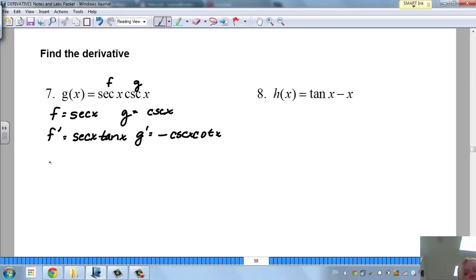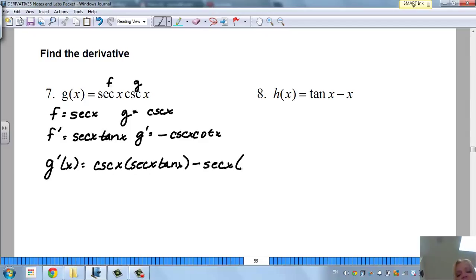And let's put it in here. So I have g prime of x is going to be f prime g. So you actually have this weird looking thing here, cosecant x times secant x tan x plus fg prime, which really is negative, so I'm just going to put the secant in front here. Okay, so now I have that, and if you would like to simplify this, if you'll notice you have all